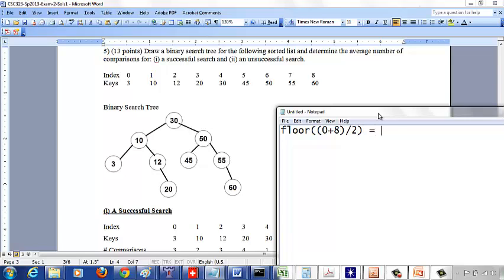0 plus 8 is 8, over 2 is 4, so this 30 is the root of your binary search tree. So now to the left of the 30, everything will